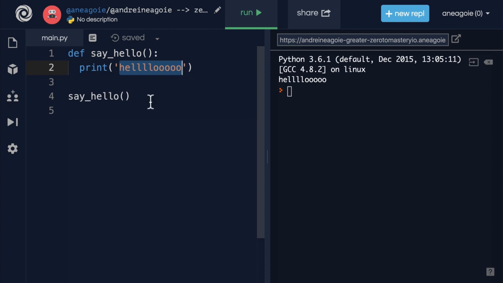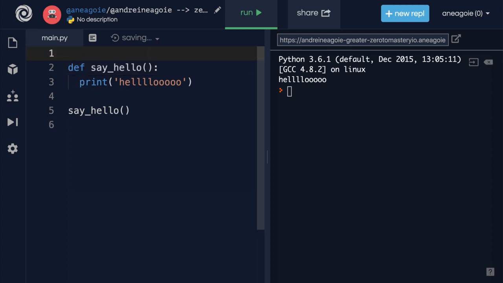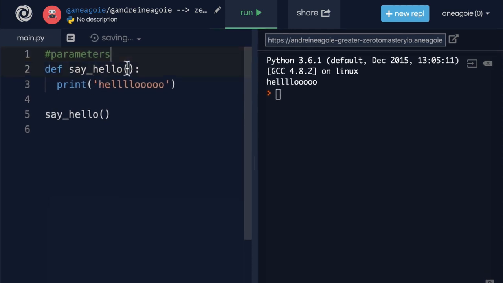The power of functions, beyond just being able to call this multiple times, because it only lives in one location in memory, is this ability for us to make it dynamic. For example, in these brackets, I can give it what we call parameters. So in here, we give it parameters inside of the bracket. So for example, I can give it name, which is a variable that I just made